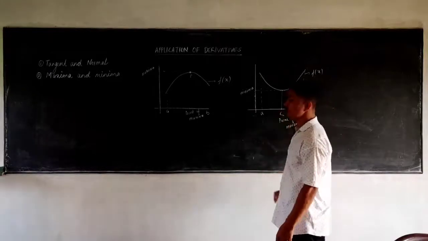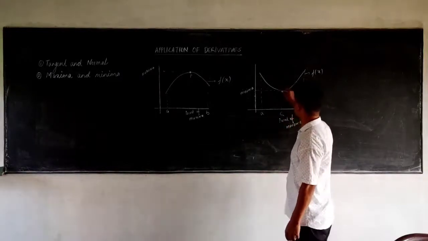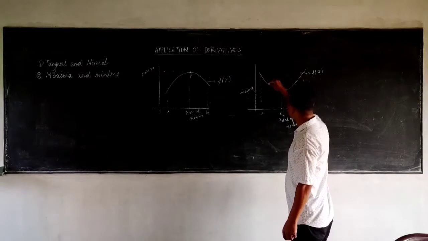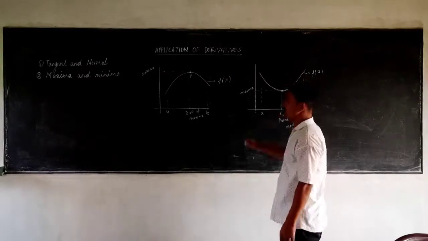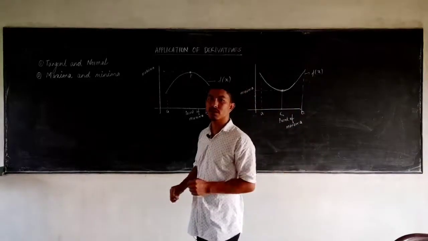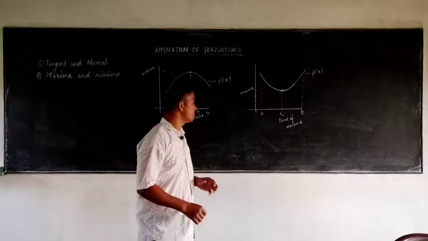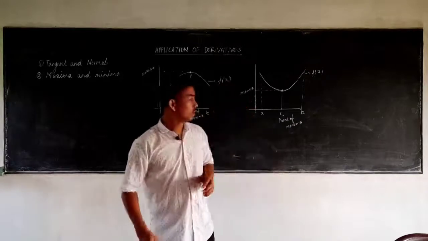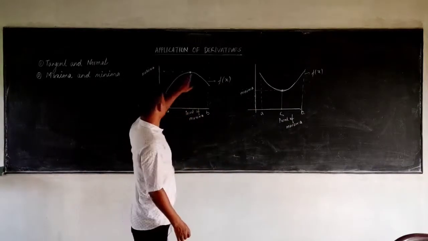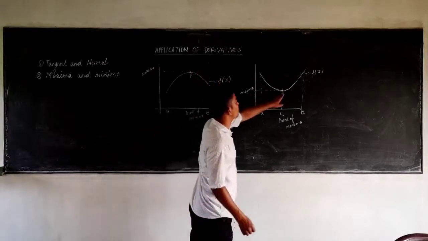And also, if you notice, at the point of minima the decreasing function starts changing into an increasing function. So this is the basic concept of maxima and minima. Now we will try to understand this in terms of derivatives. At the point of maximum or minimum value, what happens?